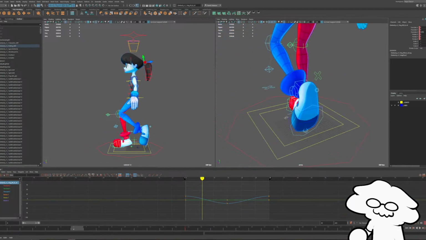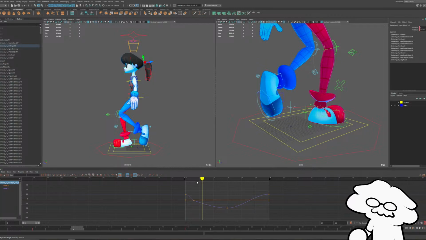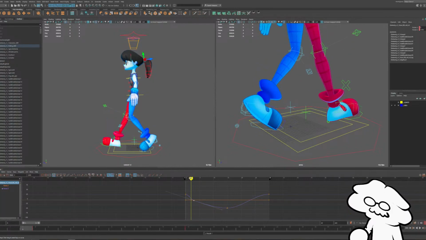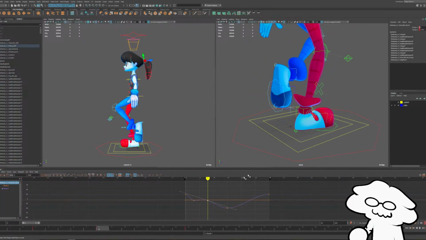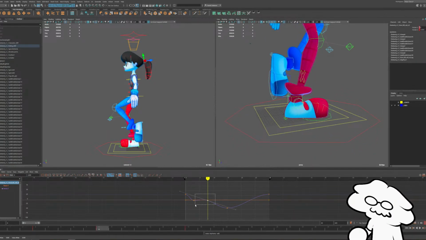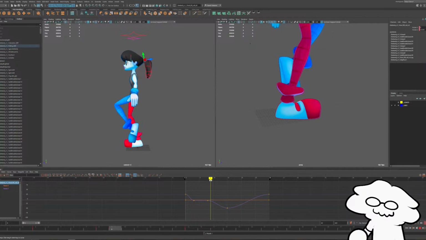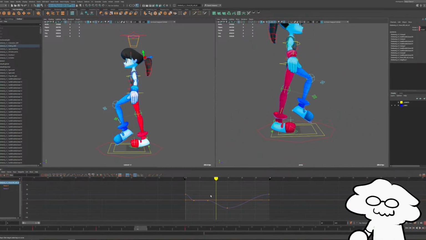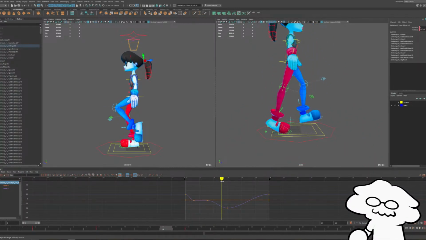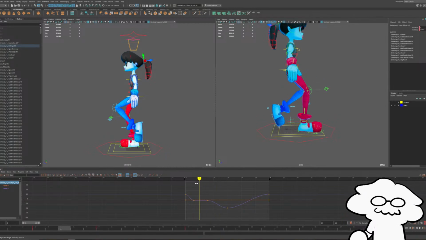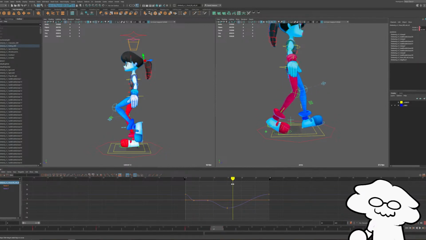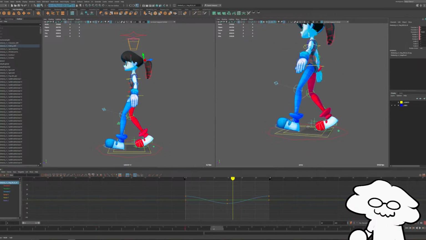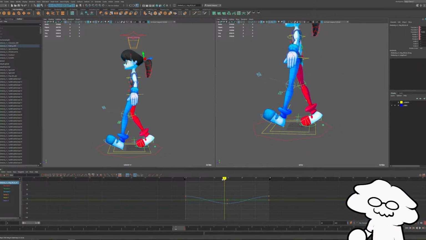I'm probably also going to adjust my foot roll so it stays flat throughout the first few frames, like that, and then it starts to peel around the pass. It starts to peel off the ground like that. And then we'll do the same as we just did for the front blue foot.